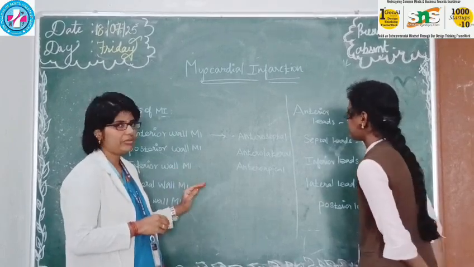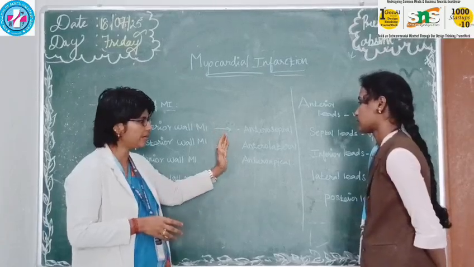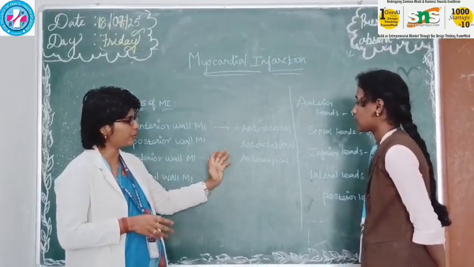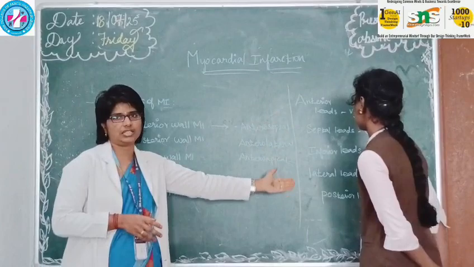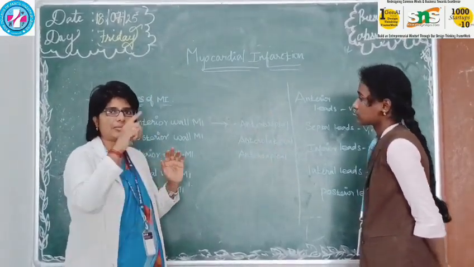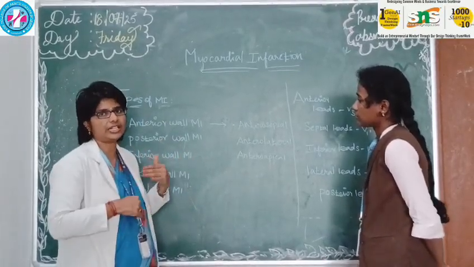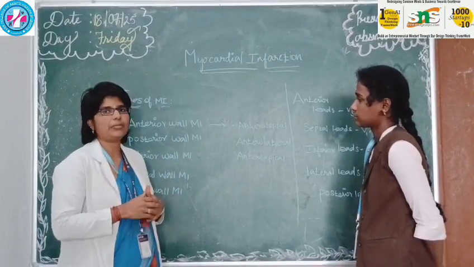So MI means elevation in a particular area. Which area? It may be anteroseptal or anterolateral, depending on the lead placement. The area will show elevation, and reciprocal changes in the opposite leads will show depression. We can learn more about